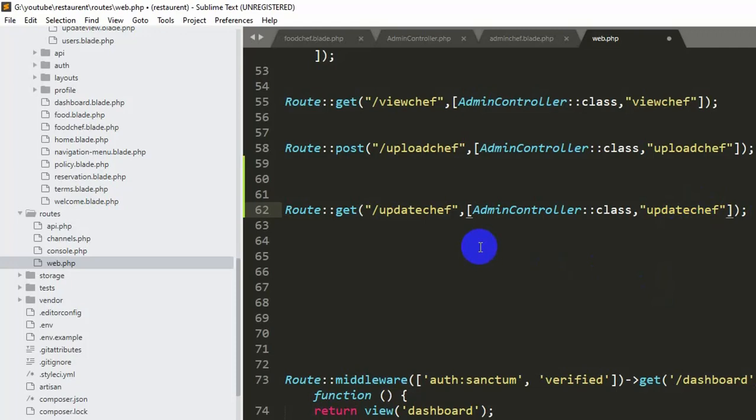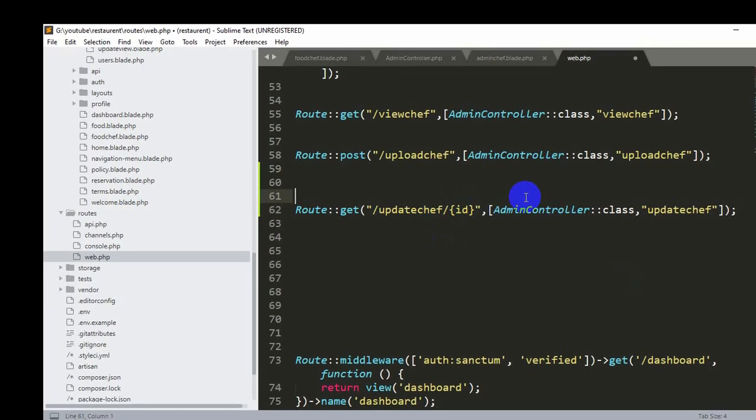Okay, and since we are also sending the id, so we also need to mention the id over here. We need to give our here slash, then second bracket, and inside this second bracket we just need to say our here id. Okay, so let's save it, Control S. Now we'll go to our admin controller and create this function.